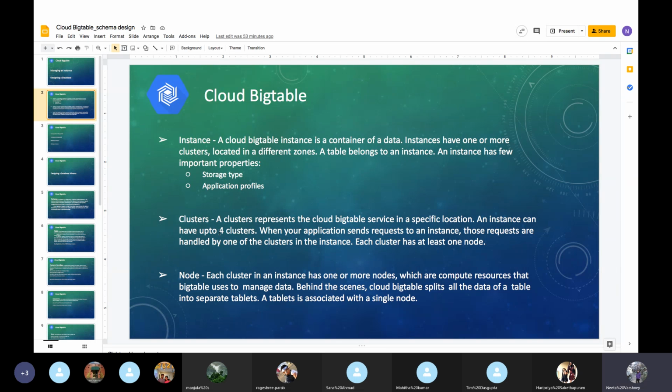Okay. So if I'm sending a request like give me the GPA for this student, I send a request through my application. Then the cluster in the instance will handle this request and send it to the node, which finds the GPA of this student. So basically, it's not storing any data.